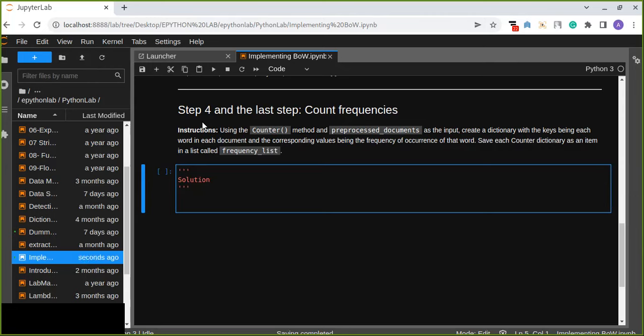In this step, we will use the Counter method with the pre-processed documents we created previously as input, and create a dictionary with the keys being each word in each document and the corresponding values being the frequency of the occurrence of that word. We are going to save each counter dictionary as an item in a list called frequency list. So let's implement this, from